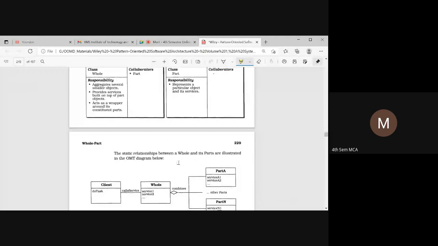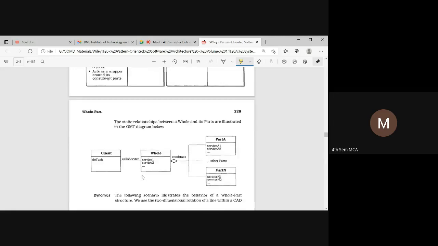The whole has an aggregation of all the objects, so it puts all the services into the services of the object, and it acts as a wrapper class. But what about the part? The part has several services which are going to be implemented.